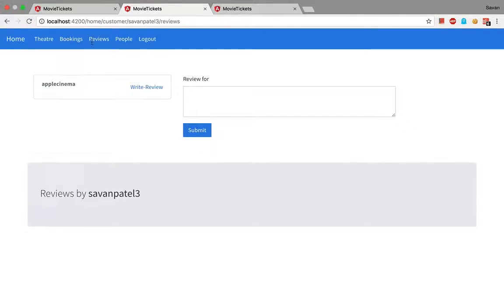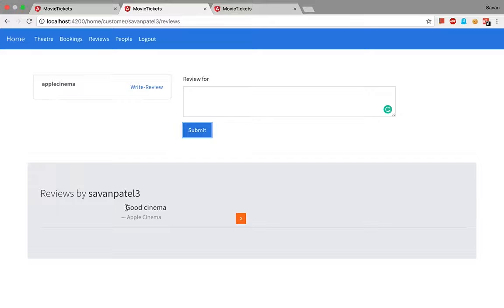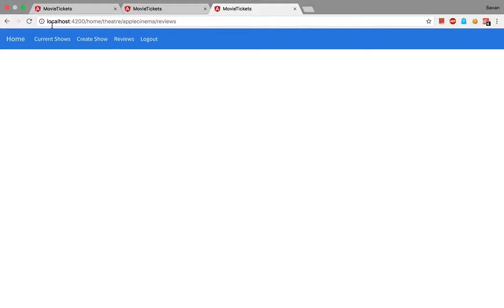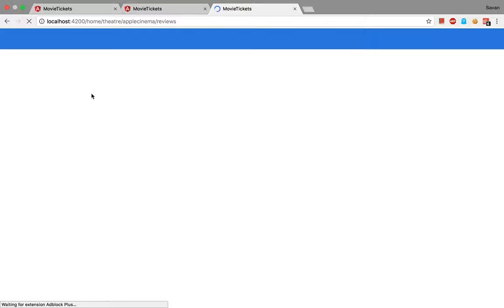Here we are trying to show the functionality of writing reviews for movie theaters and following people as well. Here, after clicking on the write review button for the Apple Cinemas theater, we can write reviews as a user. Here we are using Savan as a user to write the review. After clicking on submit, we can see that the user has posted good cinema for Apple Cinemas, and on clicking on the movie theater Apple Cinemas, after refreshing it, we can see that there's a review written by Savan